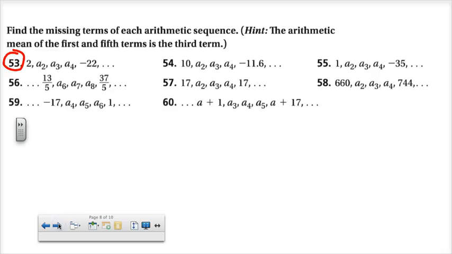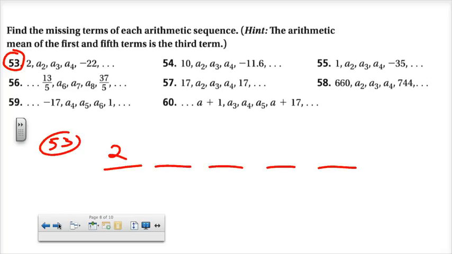Number 53 says, find the missing terms of each arithmetic sequence, and it gives us a hint. It says the arithmetic mean of the first and fifth terms is the third term. So here's what they're doing. They're saying, this time we're going to give you 5 slots. Here's the first one, and here's the last one. So the first thing you're going to do is use those two to find the very middle term using the